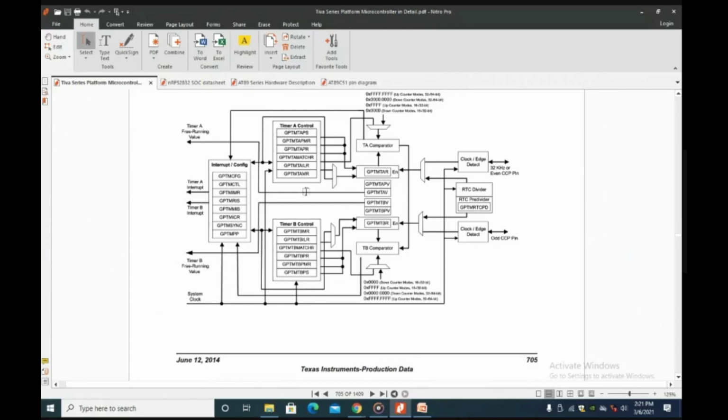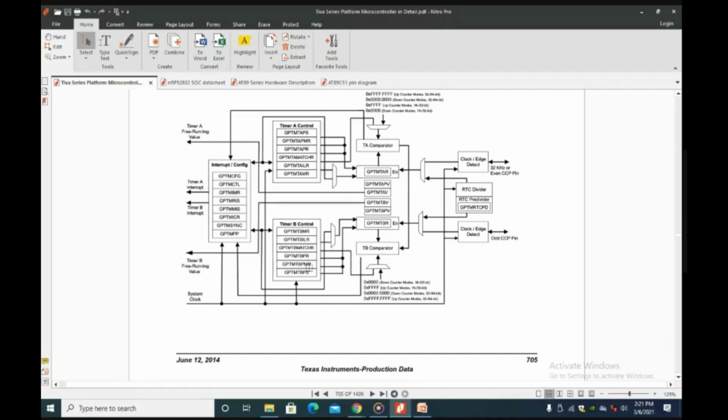Like this, there are 12 similar blocks, which are 12 timers. Each timer is divided into timer A and timer B. So totally, there are 24 different possibilities. Timer A can be used independently as a 16-bit timer. Timer B can be used separately as a 16-bit timer. Similarly, there are 12 such timers, and each timer will have timer A and timer B. So totally, there are 24 possible time delays independently. When it is concatenated, both timer A and timer B will be combined together, so 12 possible timings. That is the idea here.